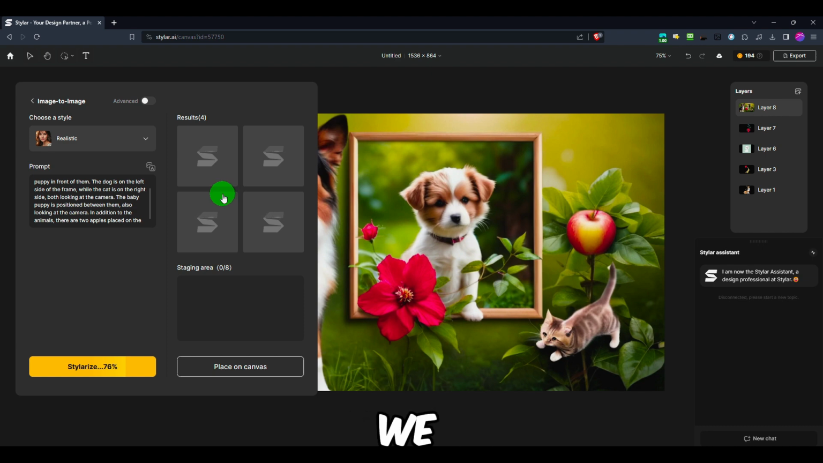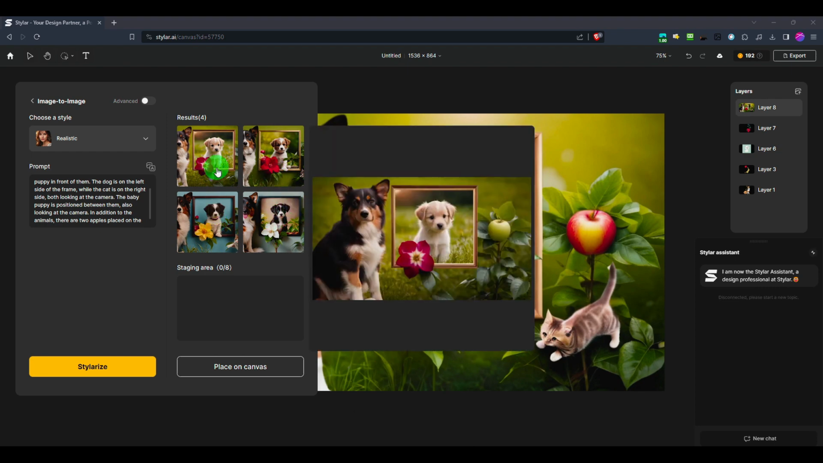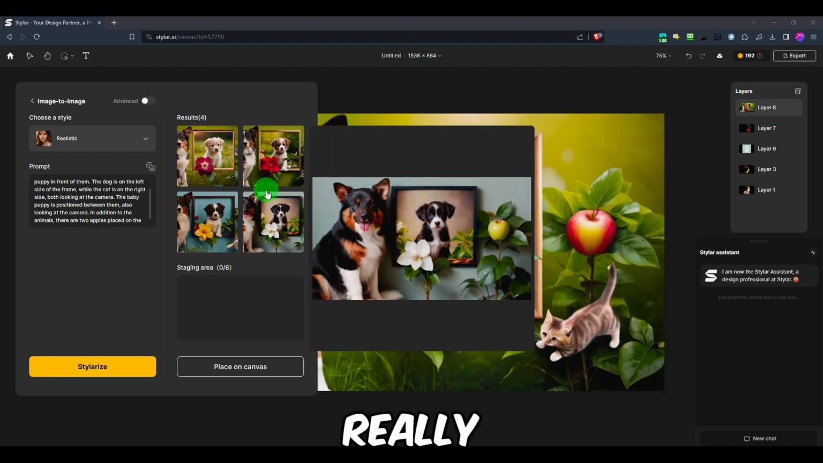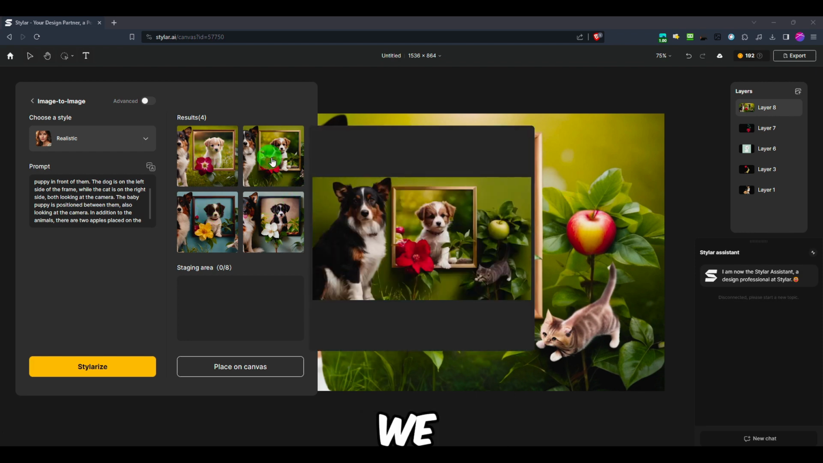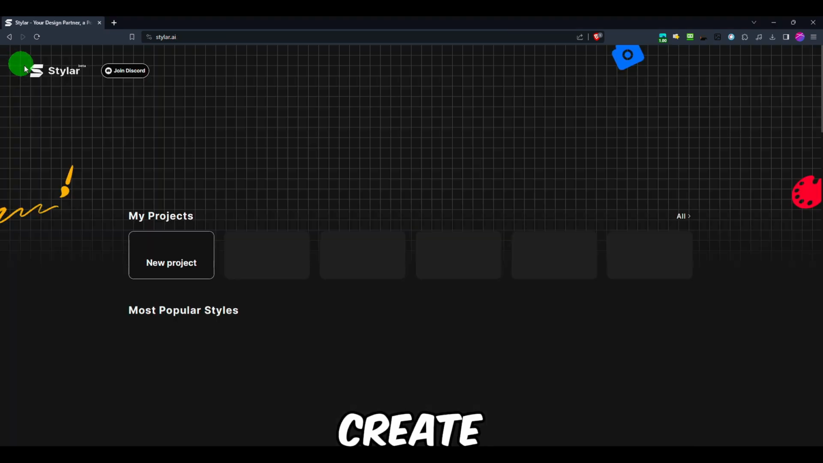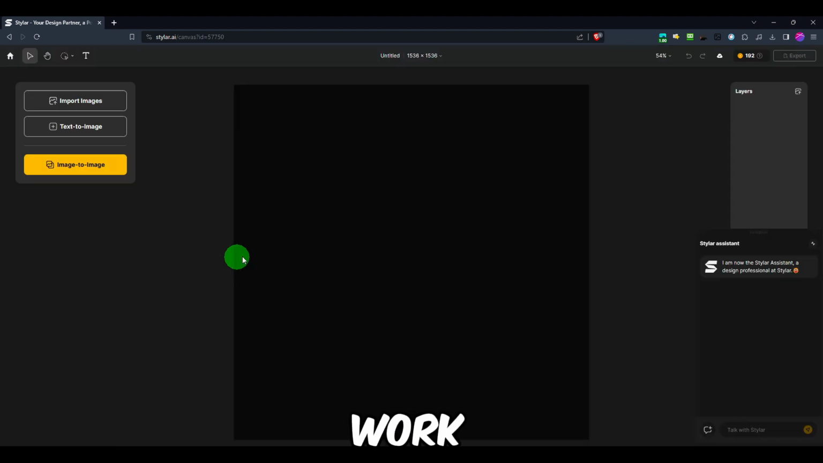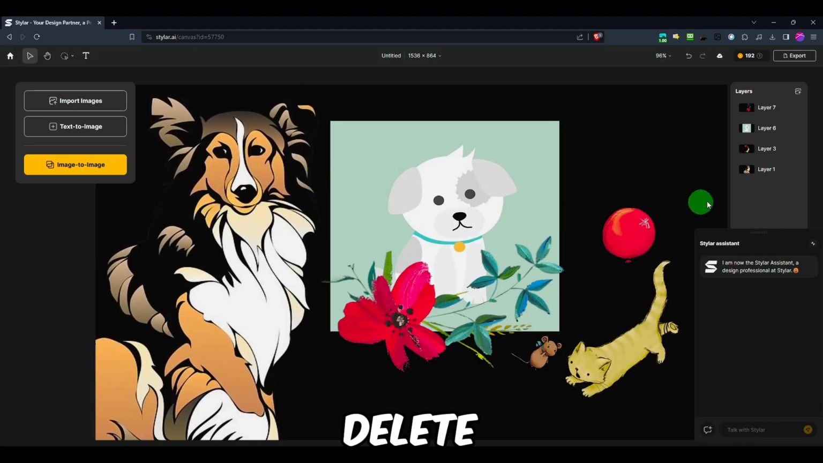So here's the result. Pretty nice. Based on this, it really actually followed or respected the base image, and now we have different results which look really nice. But now let's create actually a different project, or we can work with the same one, but we just have to delete all of this. Delete,